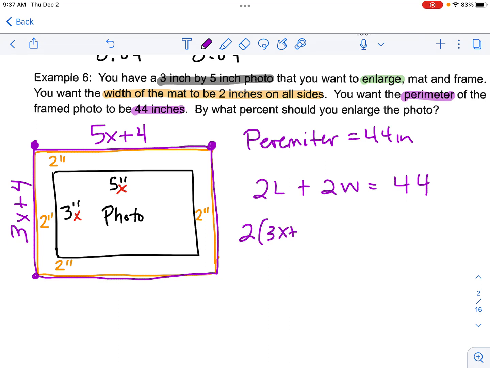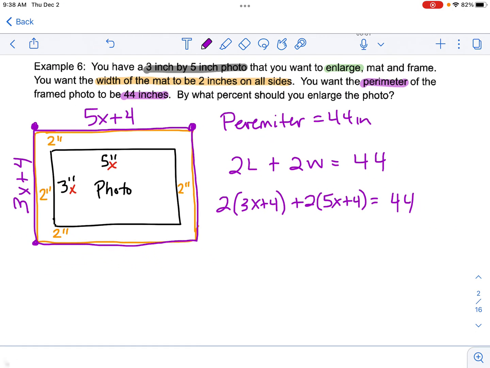So it's going to look like 2 of the lengths plus 2 of the widths. If you notice, it's really starting to look like that example 3, where we have some brackets that we have to take care of. So that's the strategy we're going to use. We're going to start by distributing. So I have 6x plus 8,